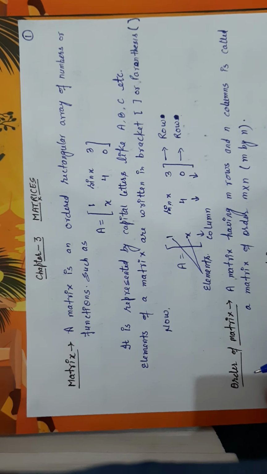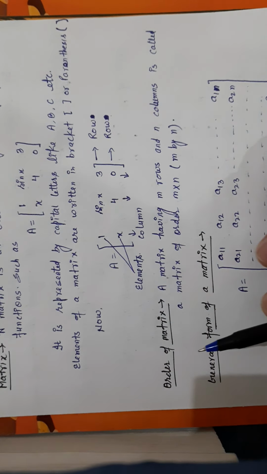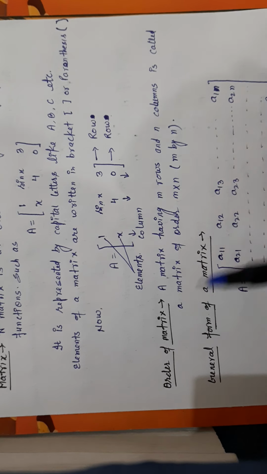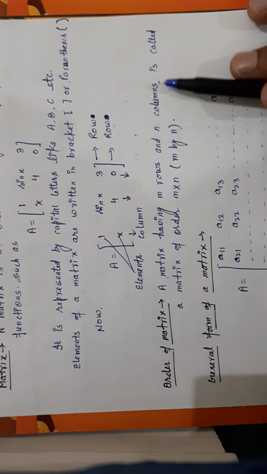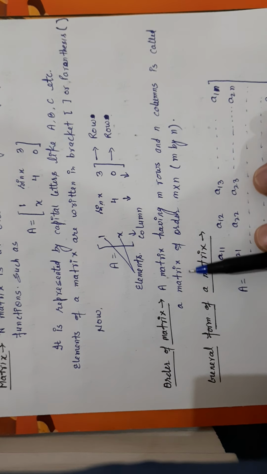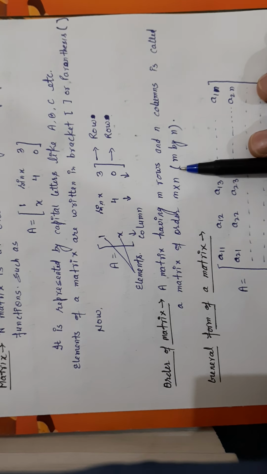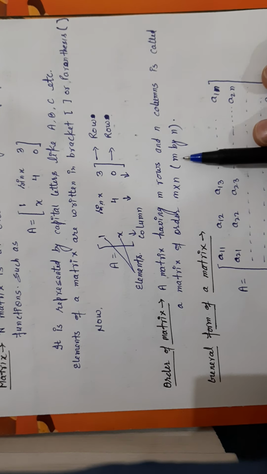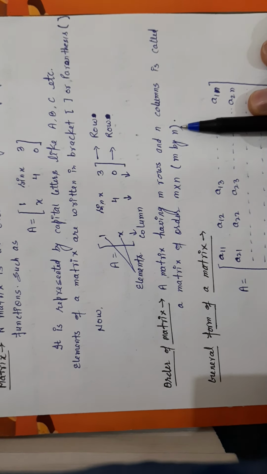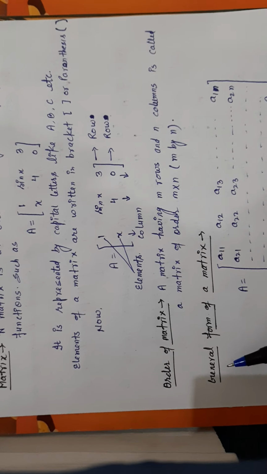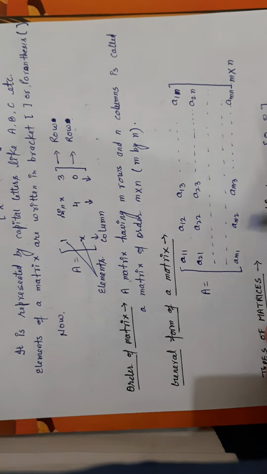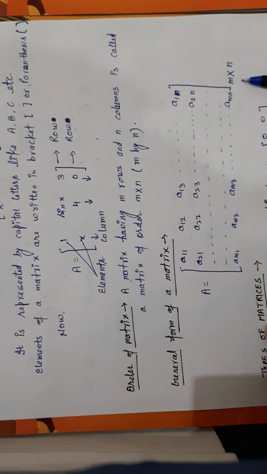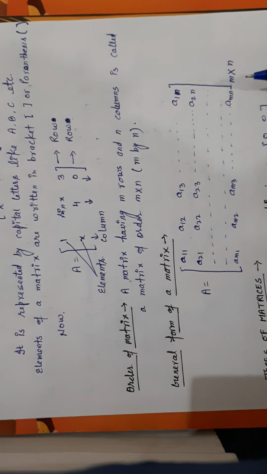Okay. Now next topic, order of a matrix. A matrix having m rows and n columns is called a matrix of order m by n. We can read it as m by n. Next, general form of matrix. A matrix having order m by n, it means if a matrix has m rows and n columns, then its